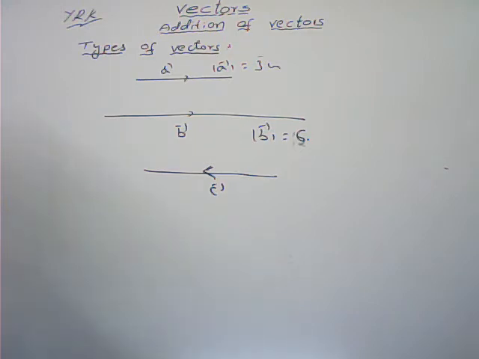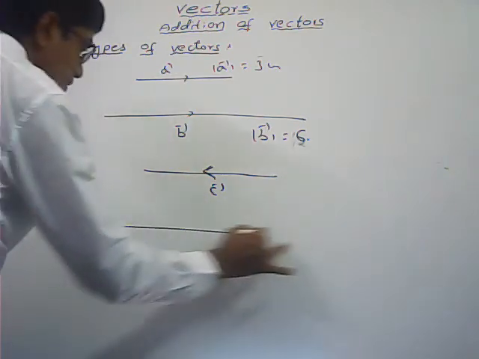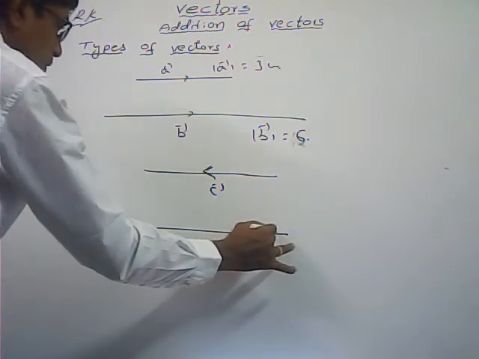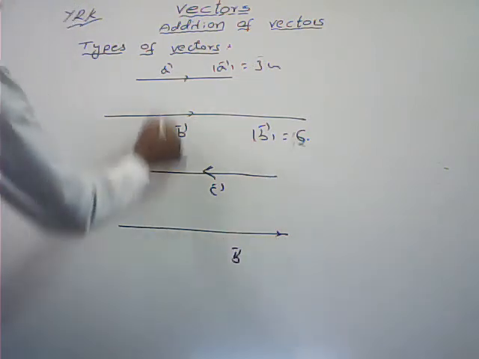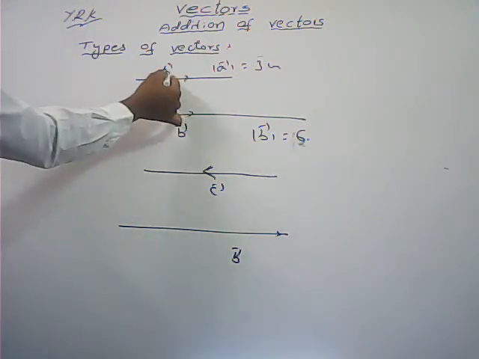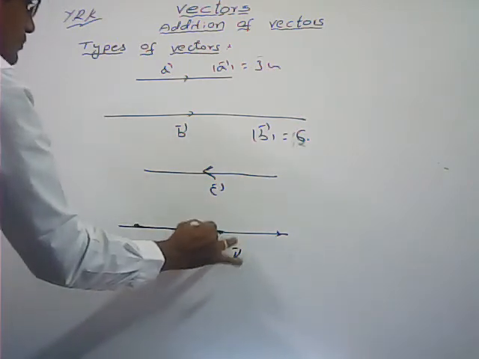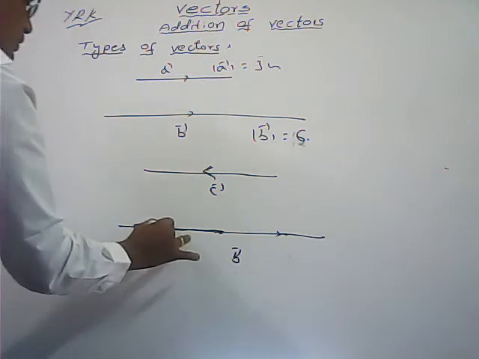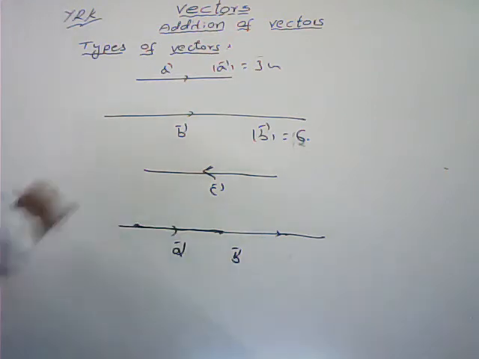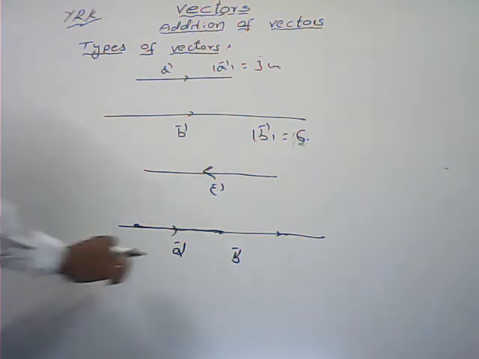Just now we discussed the free vectors also. Free vectors, we can shift from one place to another place without changing the direction. For example, here this is one of the vector B bar. B bar is given. Here I am changing this one, A bar, without changing the direction. Here to here it is there. This is A bar. Now A bar coincides with B bar. Now here A bar, B bar we say collinear vectors.